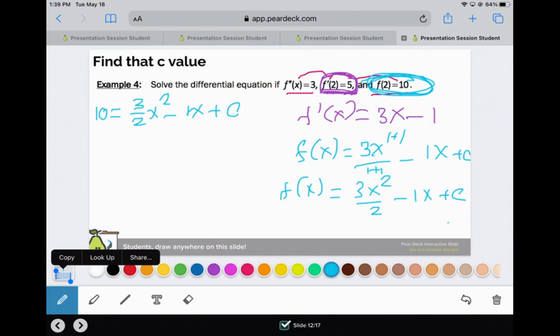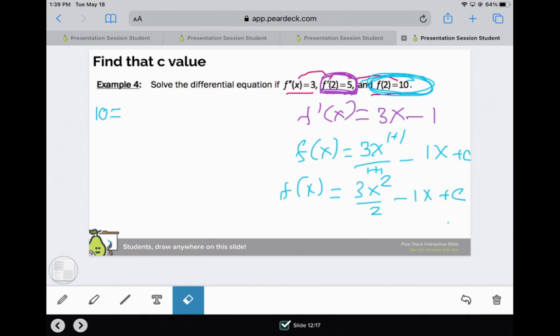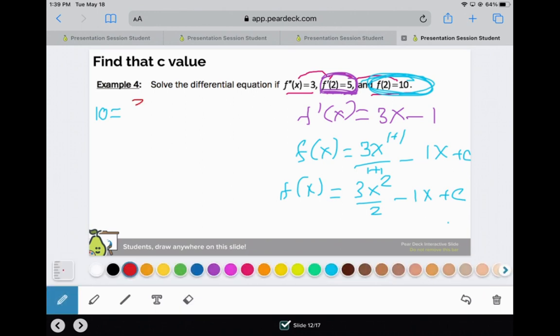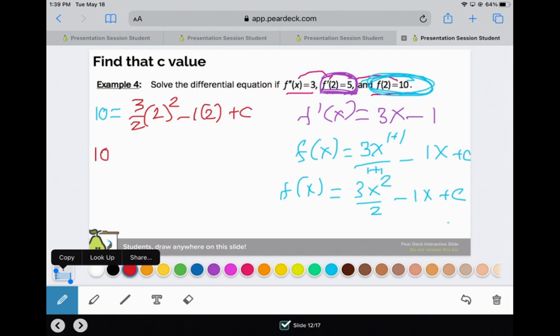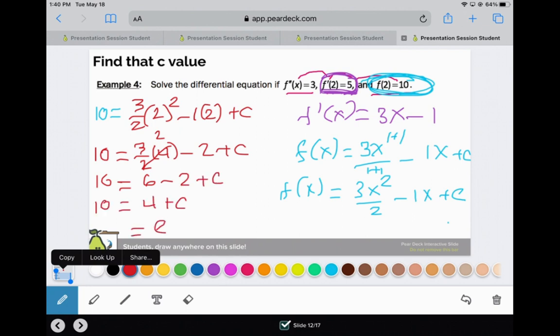But if that is the case, then it's really hard for us to do, but we know the x value is 2, so I'm going to replace that with 2. So 3 over 2, 2 squared, minus 1 times 2, plus c. It's okay if the function looks crazy, but we know the x values, you just have to plug them in. 3 over 2 times 4, minus 2 plus c. So 4 divided by 2, so this would give me 6 minus 2 plus c, 4 plus c, so c is